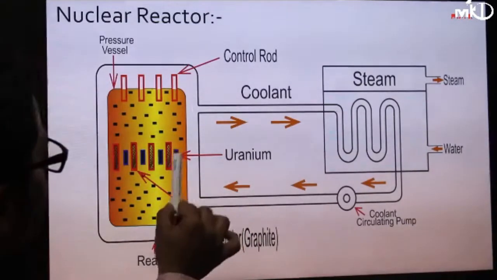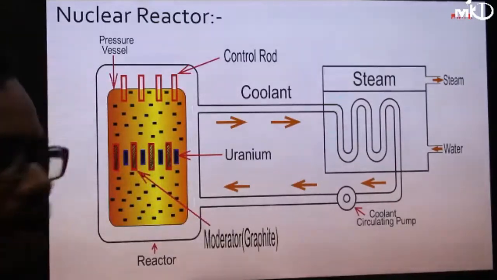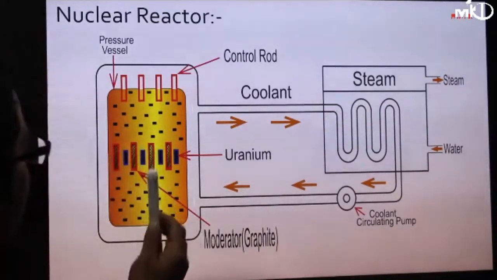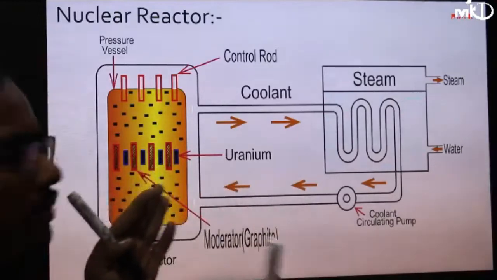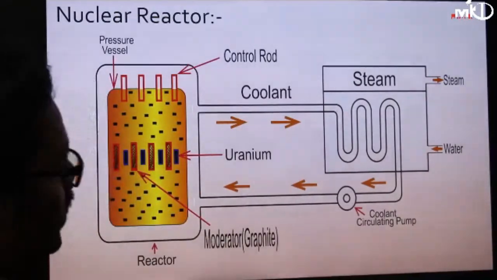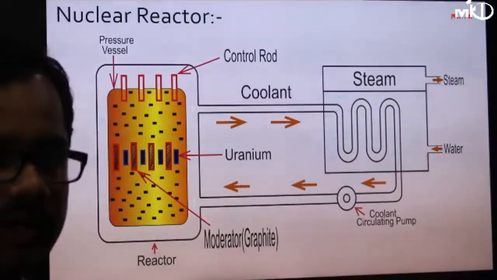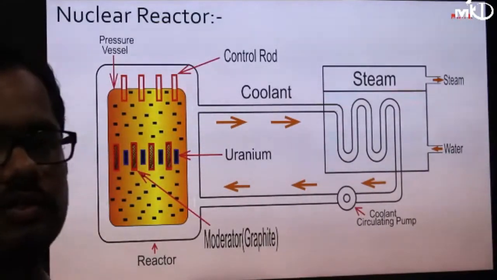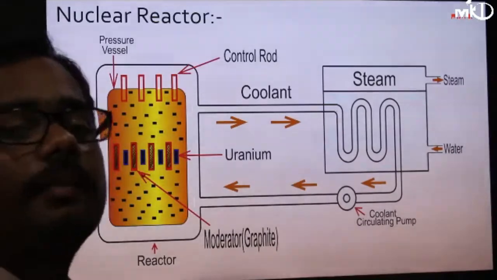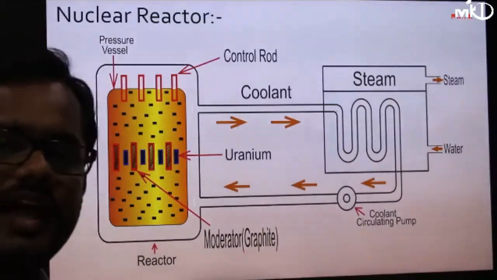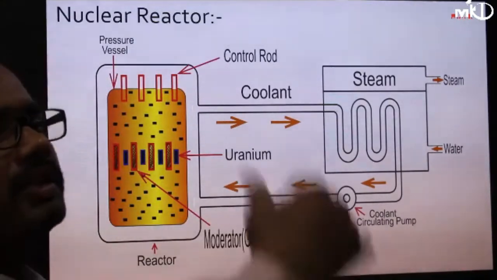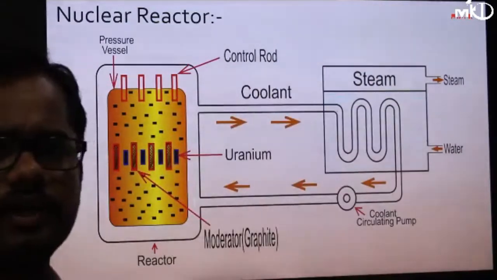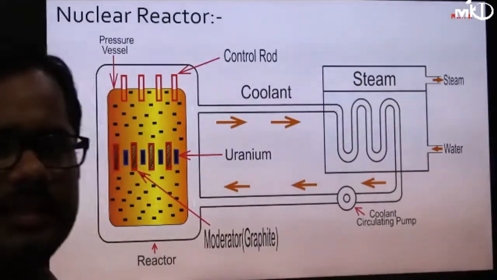Okay. So these are the uranium present, and in between the uraniums you are adding a moderator, that is a graphite moderator. So what is the function of the moderator? To slow down the process, to reduce the speed of the reaction, because this is a chain reaction. One breaks into two, two breaks into four, four breaks into eight, like that. So when the breaking takes place,